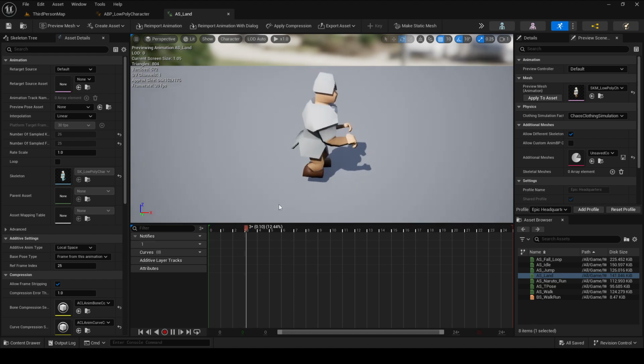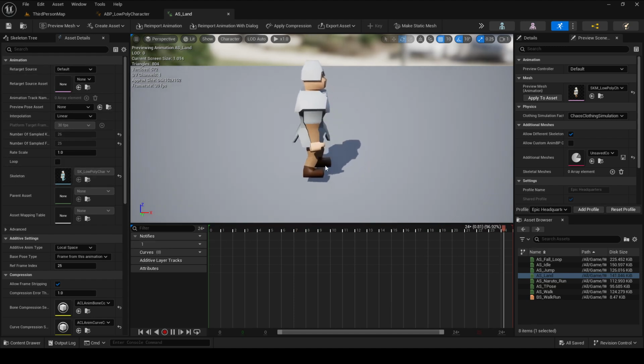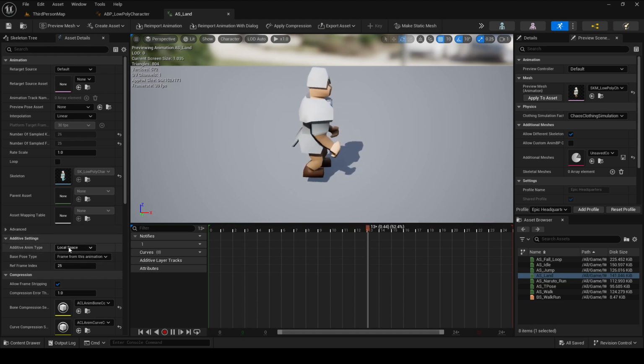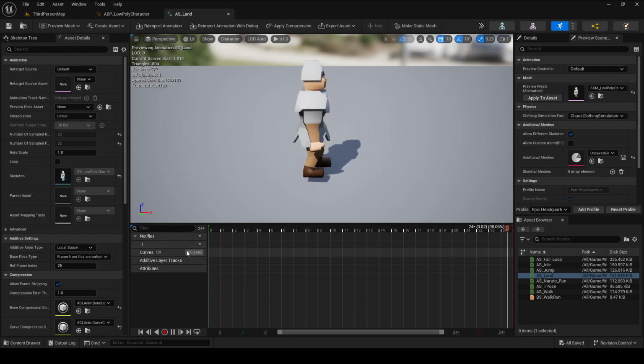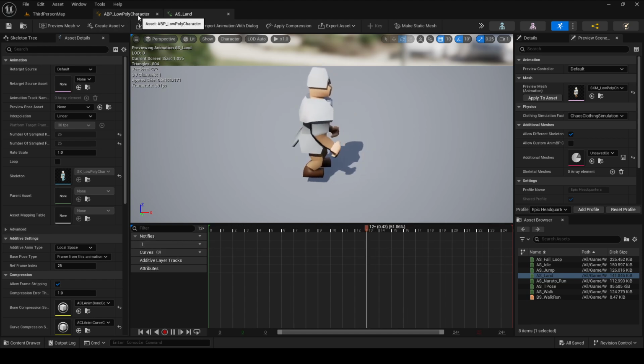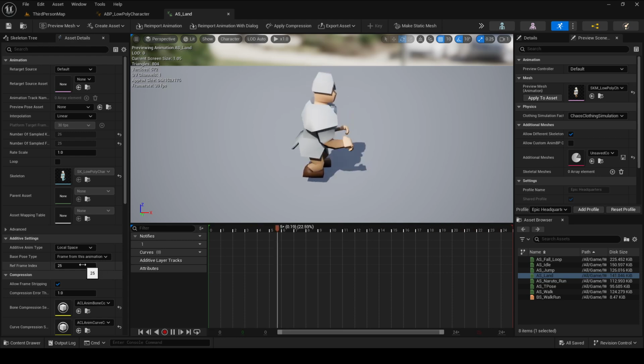So the thing I did struggle on a bit was the landing animation, not the animation itself, but the additive part. When I was following along with the third person project, looking at how they did their animation blueprint, I didn't realize that they were doing this as an additive animation, which I'll explain when we get to the animation blueprint. But at least from my understanding now is that